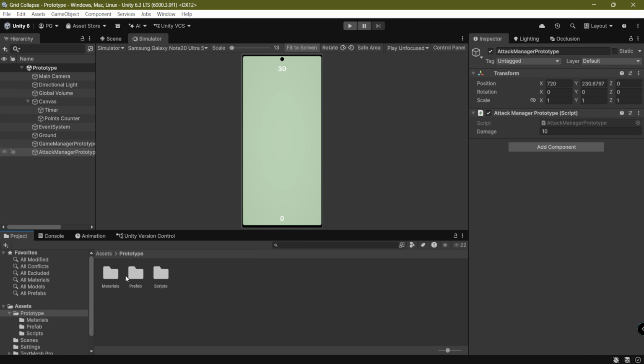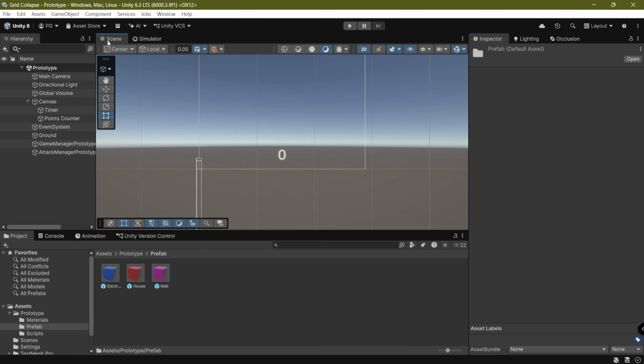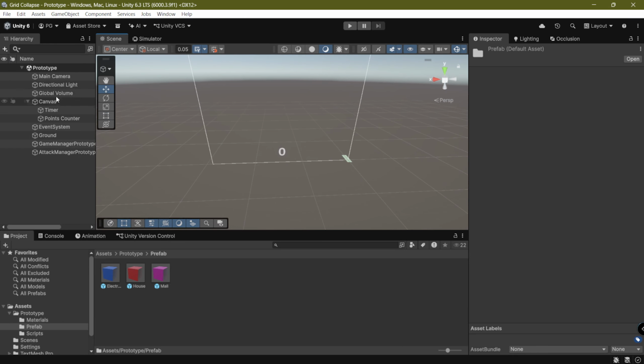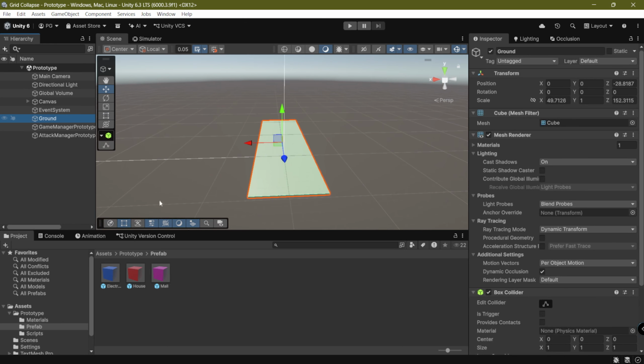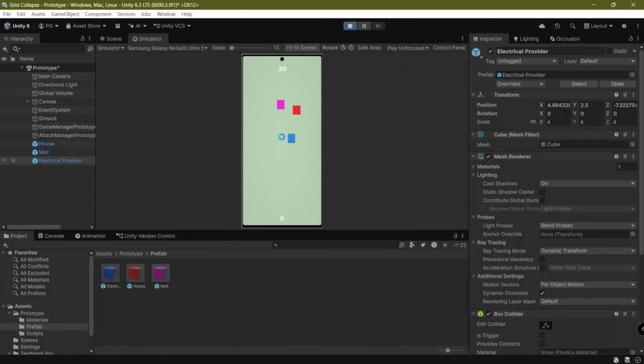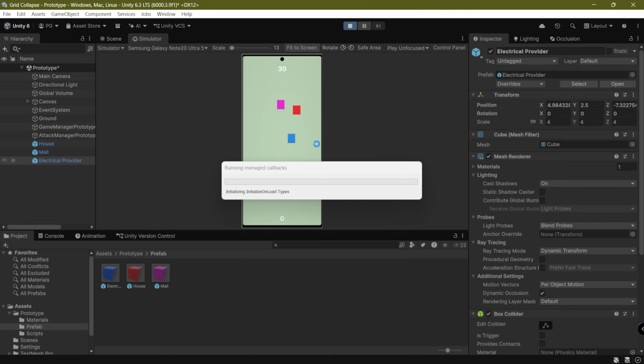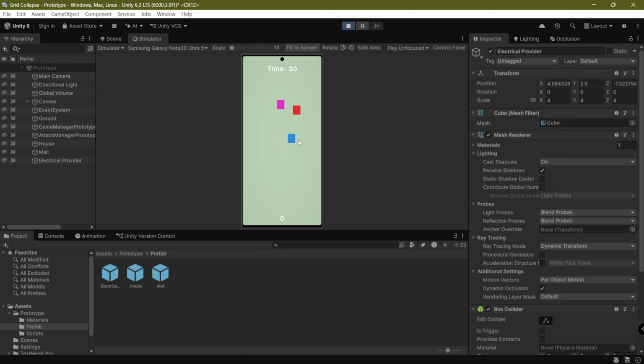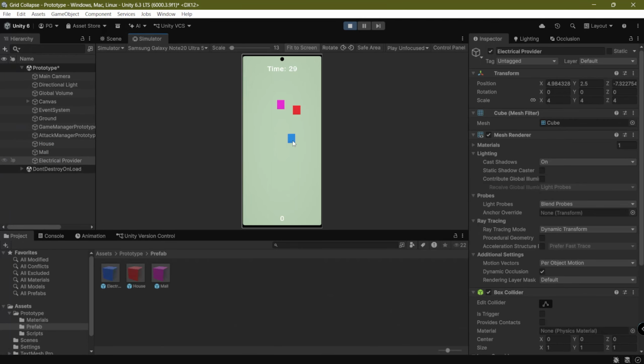And now if we were to just place some prefabs around on the actual ground, we hopefully should be able to click on the different cubes. Right, so we've got 3 cubes. So let's try out. If I click on this one,